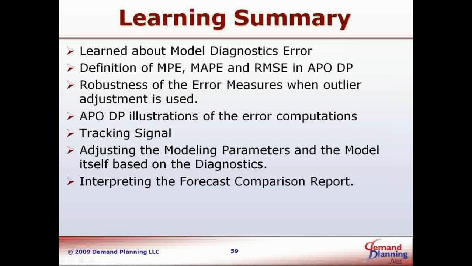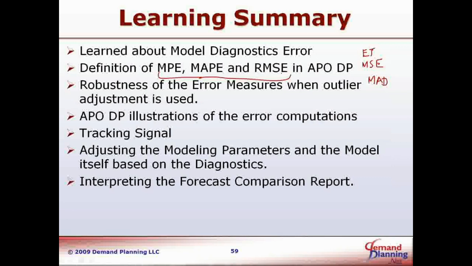And we also looked at the definition of MPE, MAPE, and root mean squared error in APO-DP, right? And we also said the other measures are not as useful as these three measures. The ones that you can ignore right away are the error total and the mean squared error. The mean squared error is actually the most meaningless to look at. The MAD is useful in certain cases, but really these three are what you want to work with,